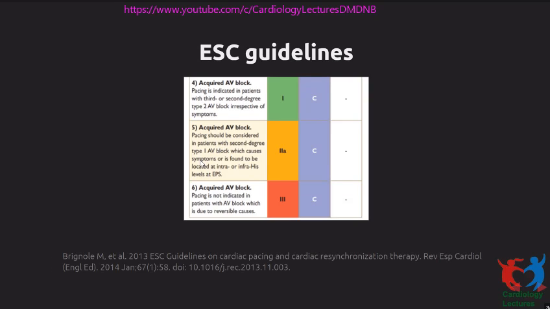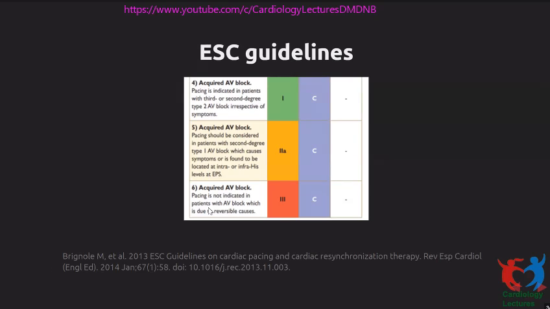If it is type 1, if it causes symptoms, or even though it looks type 1 on the ECG, but EPS shows it's intra or infra-His, 2A indication to pace. Whereas the only place which is type 3, AV block, it's fine to even pace when they're asymptomatic because it's always a borderline, so it can still be considered a class 2 indication. So the only place where AV block is an absolute no-no to pace is reversible causes.